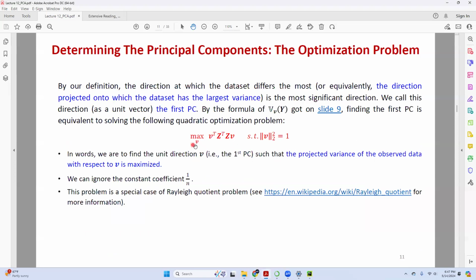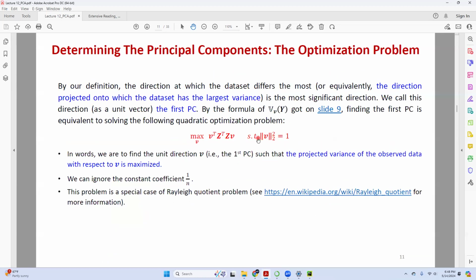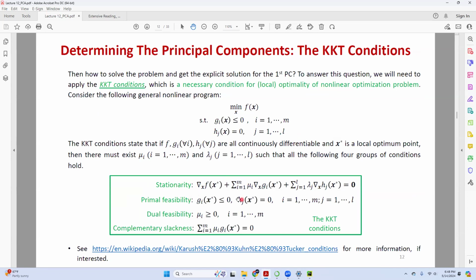But here, be careful, V is my decision variable. This is a quadratic form because ZTZ is a positive semi-definite matrix, so the KKT condition, the local optimality, is directly the global optimality because it's convex. So you're going to have only one. And these are the details of the 4 conditions here. But since we only have one equality condition, we don't have those inequality conditions. So we will finally only have 2 conditions, which are the stationarity condition and the complementary slackness condition.